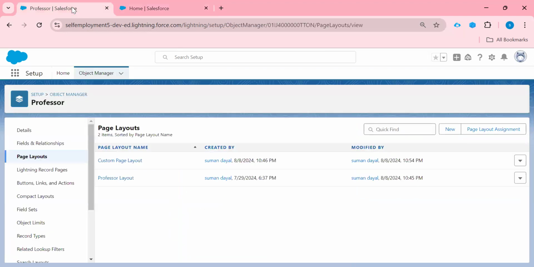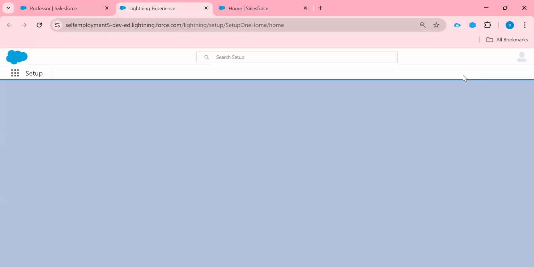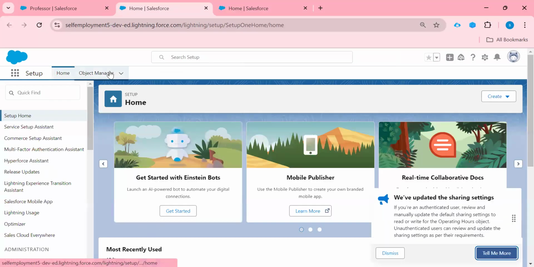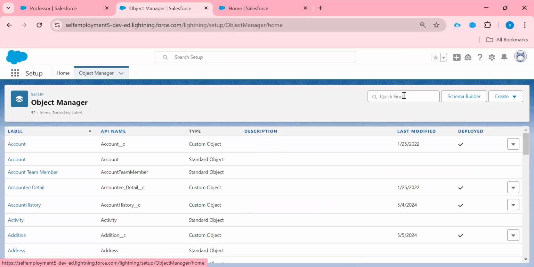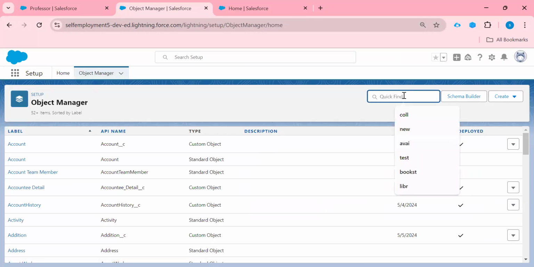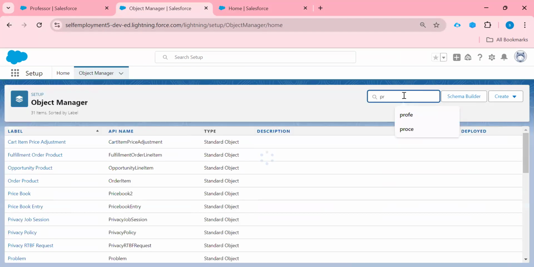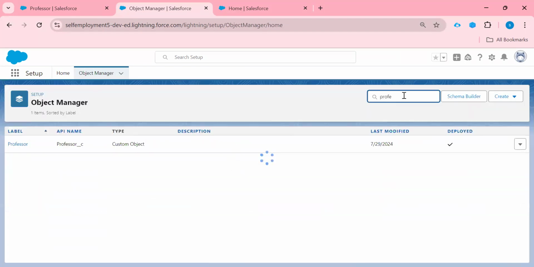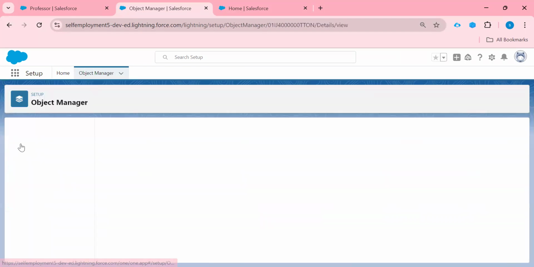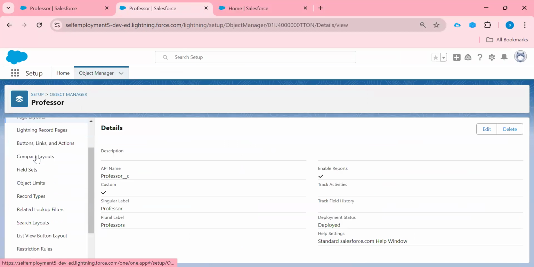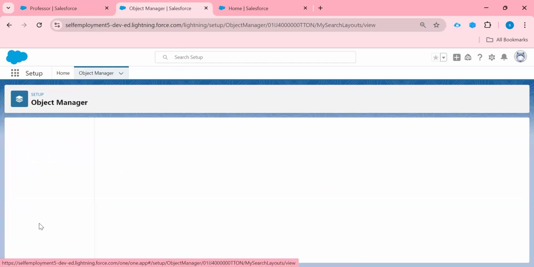Come to your home page. The same procedure we need to follow, I am showing one more time. Click on Object Manager, go to your object where you want to create. So I am using the same object, Professor. Just click here, and if you scroll down, then Search Layout is available here, right? If I click here,